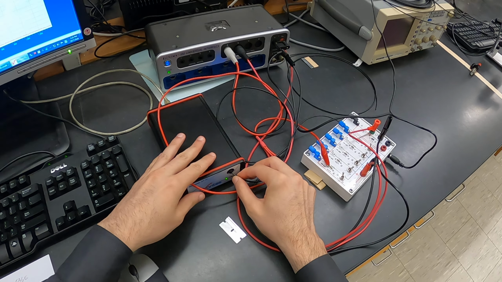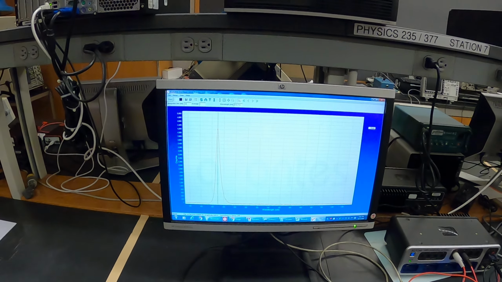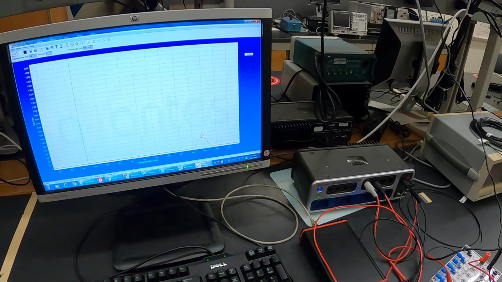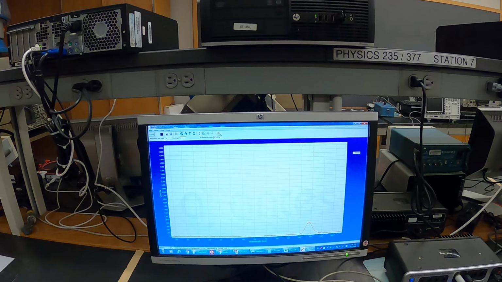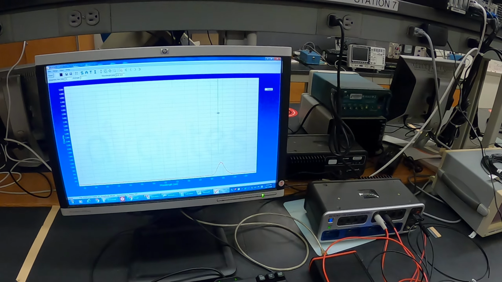And then if I place it here, now let's start and see. So now we have an LED which emits light centered